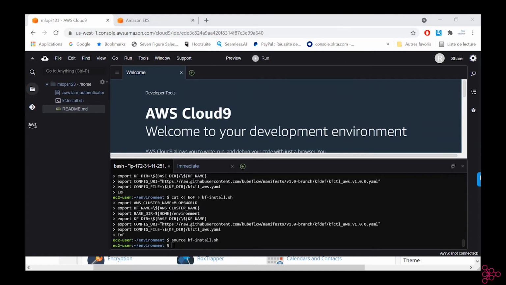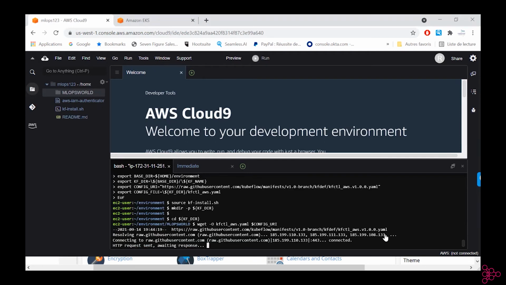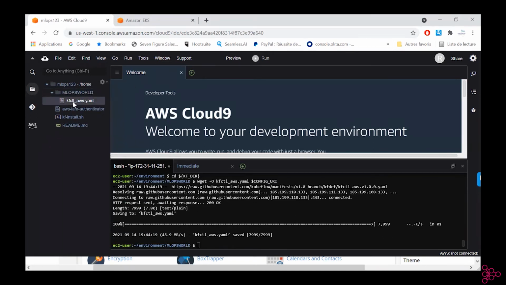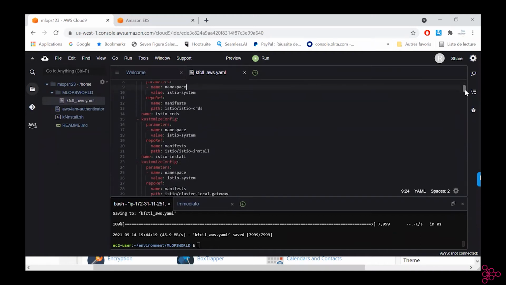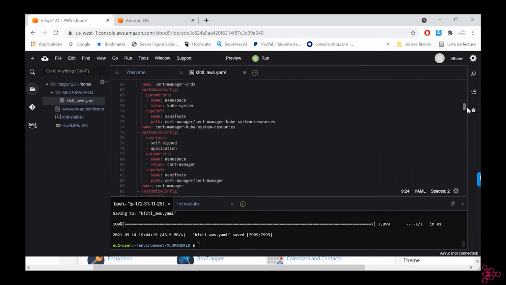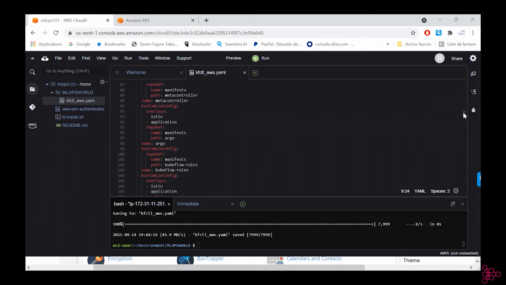Create a Kubeflow directory. It's right here on the left. The directory is empty. Then we will download the configuration file. Awesome. So here we have our configuration file. It's basically, like I said, Kubeflow is a toolbox, and in the toolbox you have all sorts of tools. So here you have all the tools that are included. Some of them are things that Kubeflow relies on to be able to run, so you shouldn't delete them.